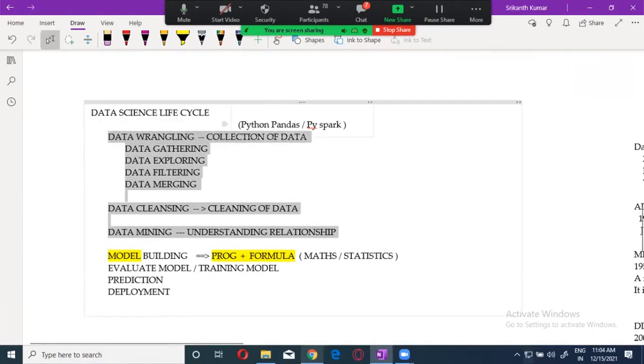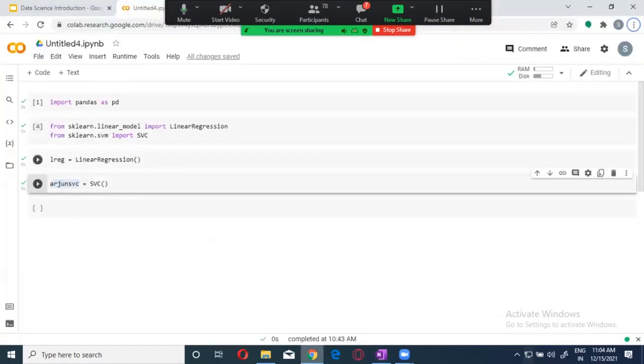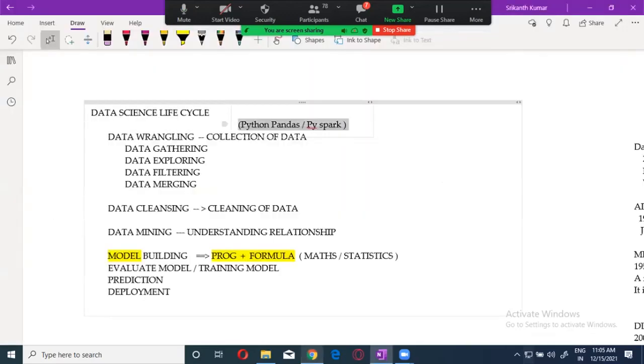Once you know this, as I told you, the model creation is just a single step. Can anyone ask you about it in the interview? No one will ask you, because it is a very single step. All you have to know is what you want to import. They may ask you that, but this is not the real important one. How to clean the data, how to remove the outliers, is important. Outliers means wrong data, irrelevant data. How you are going to remove it is very, very important, and that is what we will cover in detail.